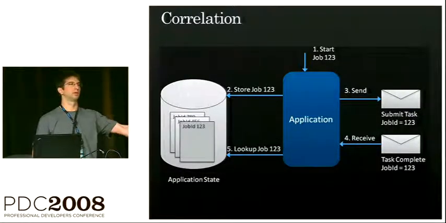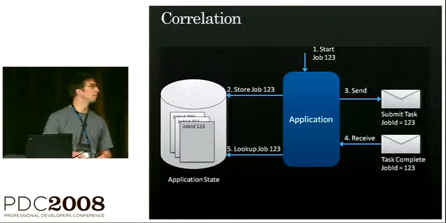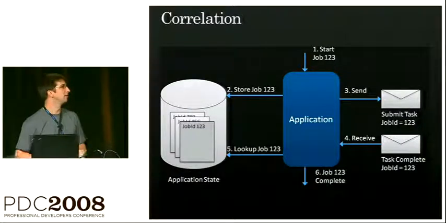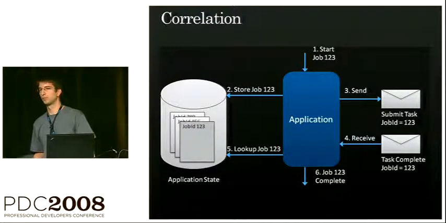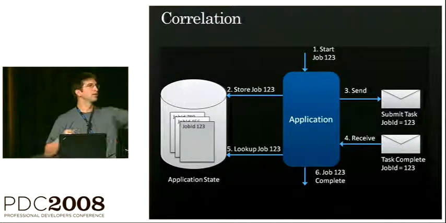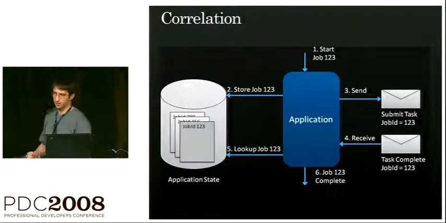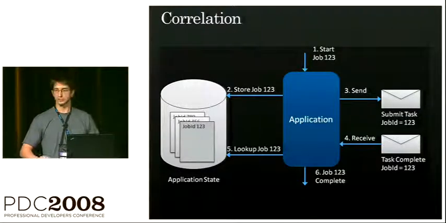That app store could be memory, it could be database, it could be file, right? But we're using that operation parameter to go and look up that state, and then we're able to complete our work, right? So this is quite common. We get some parameter, we use it to look up app state, we operate on it, do our work. There are, of course, several other mechanisms, like I said, for doing correlation.